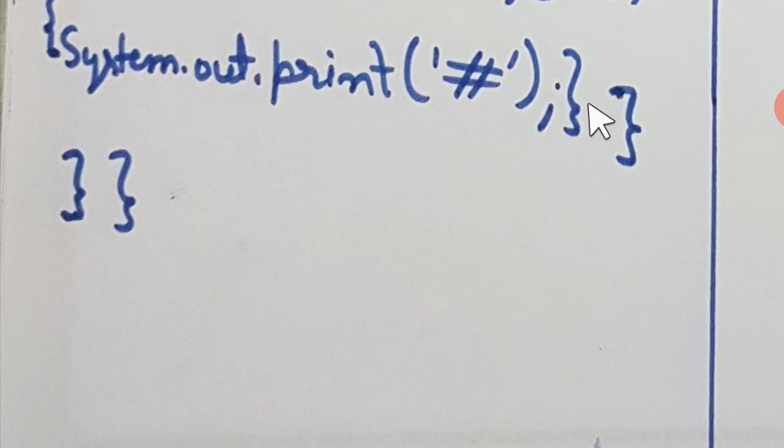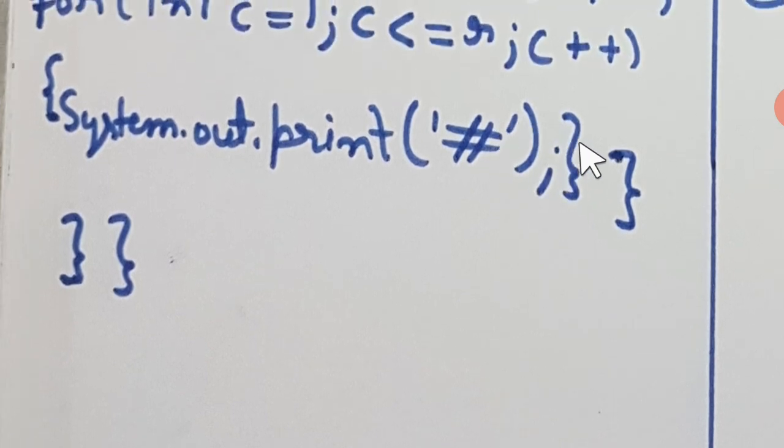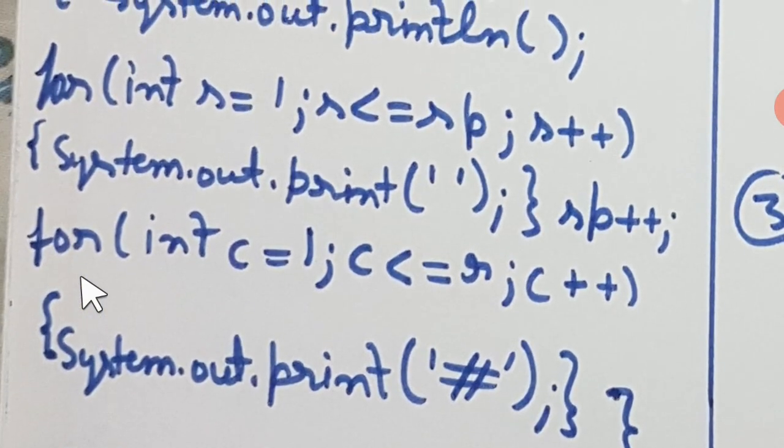Then we close the curly brace of this inner loop that was meant for the hash symbol, and then the closing of the outer loop, the row loop, which ran from r equal to 7 down to 1. After that we have the closing brace of the function and then the closing brace of the class. I hope everybody has the perfect idea of how to deal with such patterns.